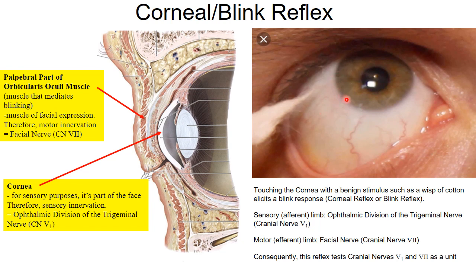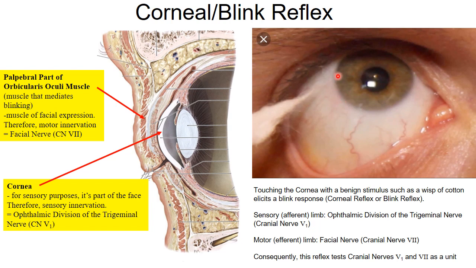And you generally touch this right to the limbus, and that should induce a blink if everything is okay. The nerves involved: again, like most reflexes, there's a sensory limb, or afferent limb, and a motor limb, or efferent limb, and you're testing both of those things at the same time. You're stimulating a sensory nerve, that's the afferent limb, and there's a motor response, or efferent limb. And so there are two different